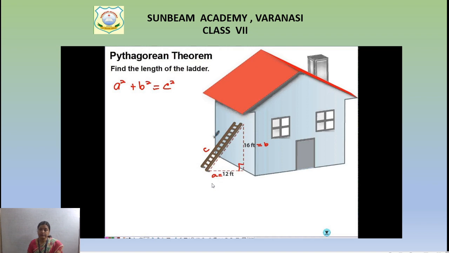Okay, if we have to reach any point of the house, if we have to reach the top or any point, then we need a ladder. So what should be the length of that ladder so that we can use it to climb to that particular place? For that also we will not do the trial and error method. No, we will not bring various ladders with varied lengths.